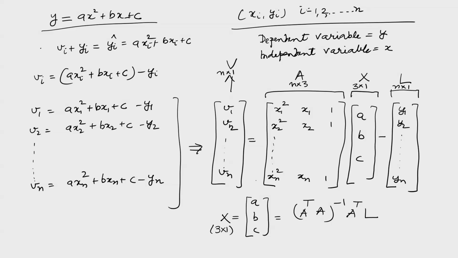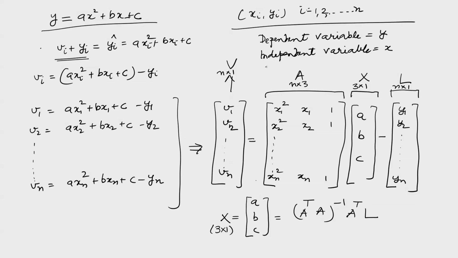Here x is the independent variable, and y is a function of x. I always introduce error in the dependent variable y, which means we write y plus v like this. We assume that x is the independent variable, so it is without error. In fact, nothing comes without error if we measure in the field, but still in this method we assume that the input or independent variable is without error, and the dependent variable has some error.